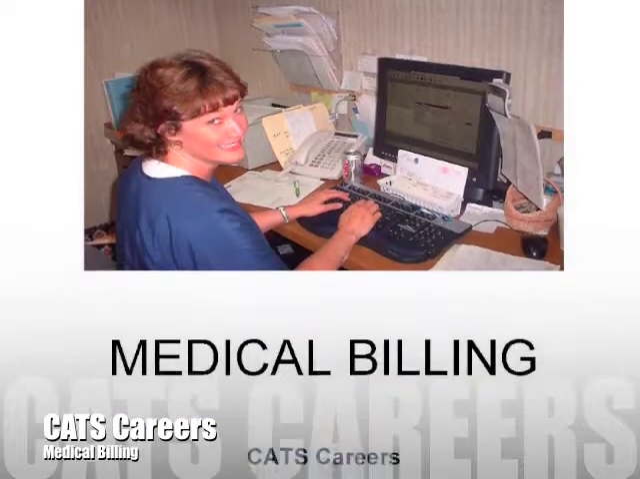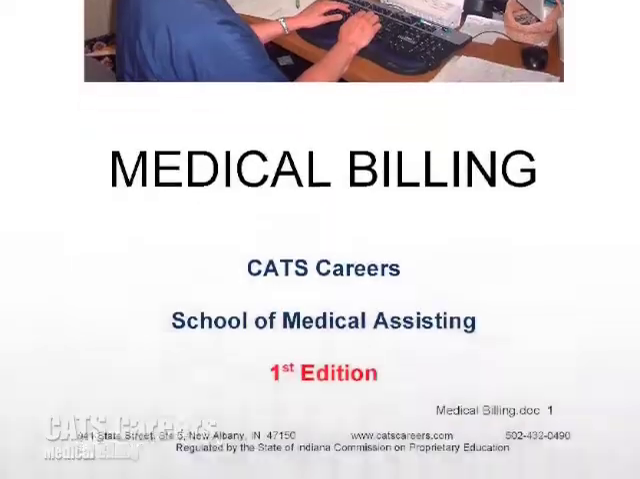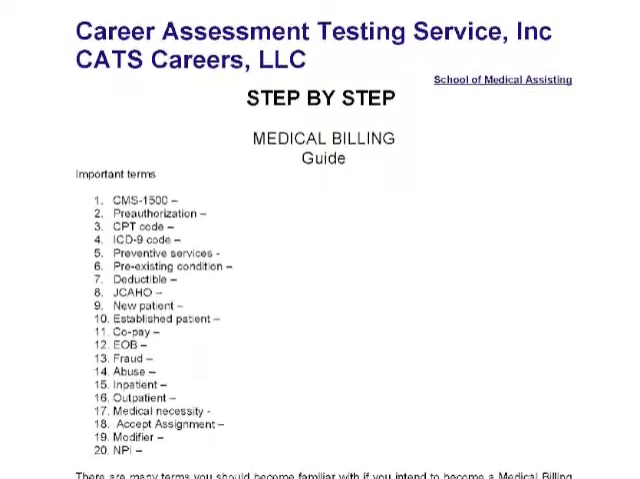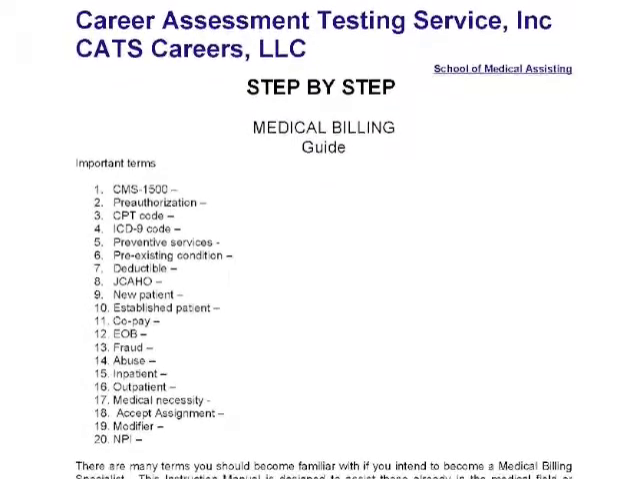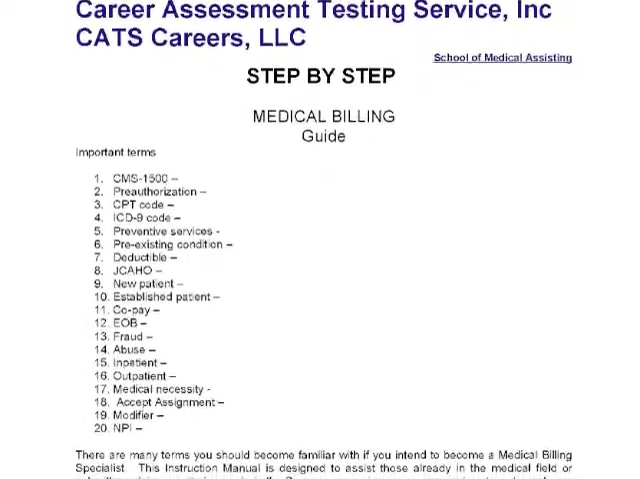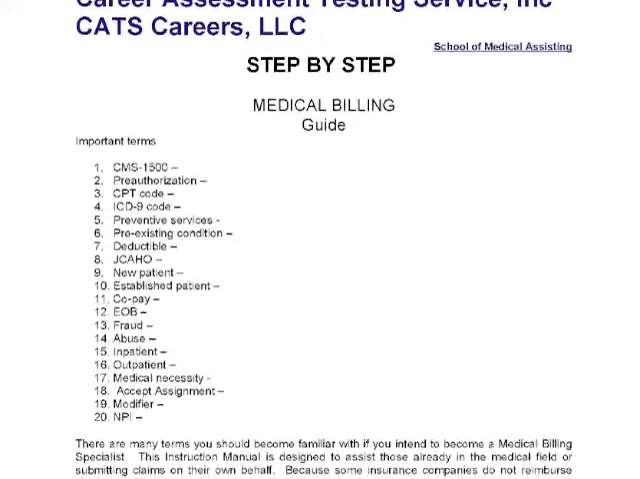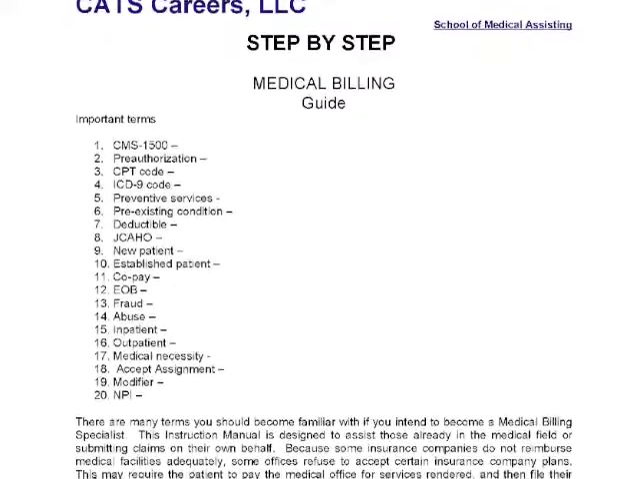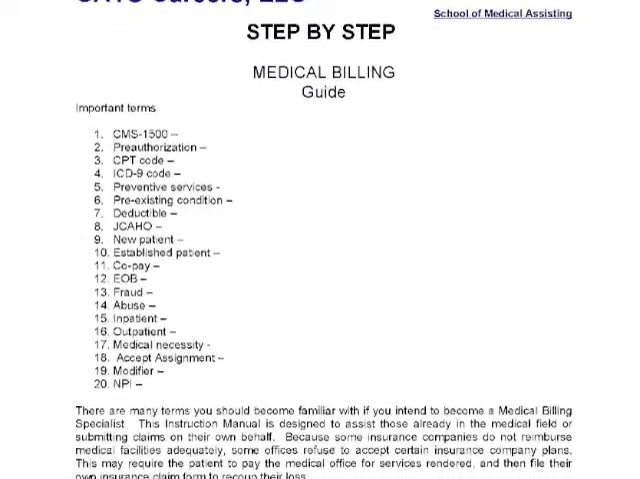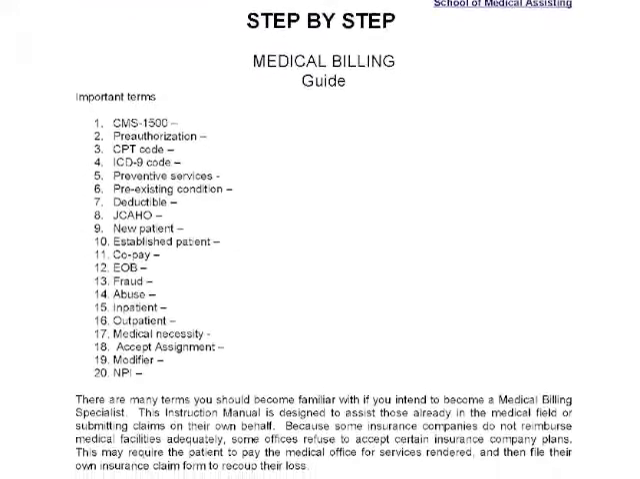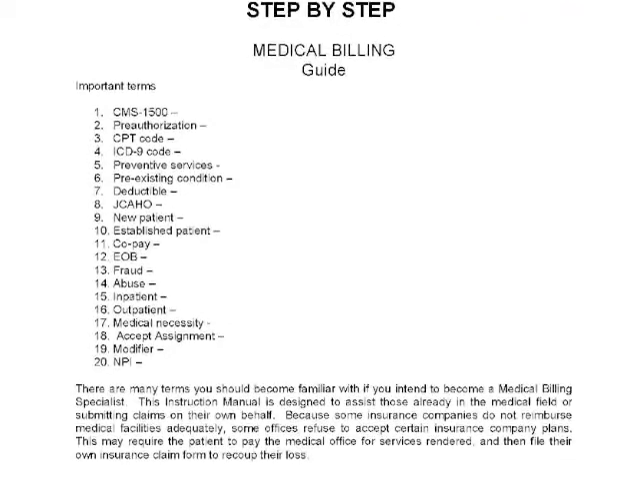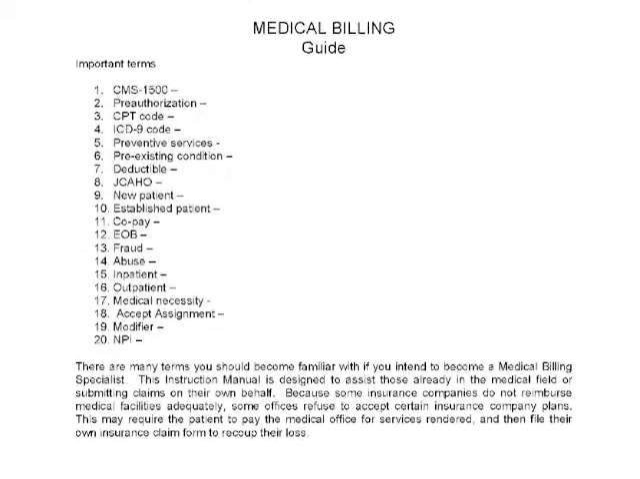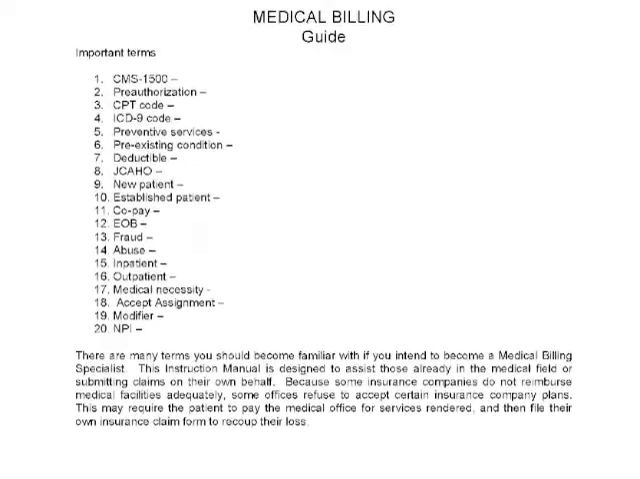Medical billing. This is a step-by-step guide to medical billing. The important terms we'll cover: CMS 1500, pre-authorization, CPT code, ICD-9 code, preventive services, pre-existing condition, deductible, J-code, which is also called joint commissions, new patient, established patient, copay or copayment, EOB, fraud, abuse, inpatient, outpatient, medical necessity, accept assignment,